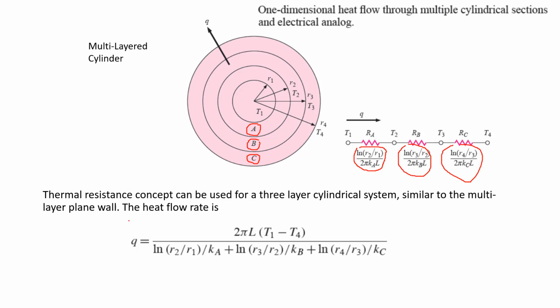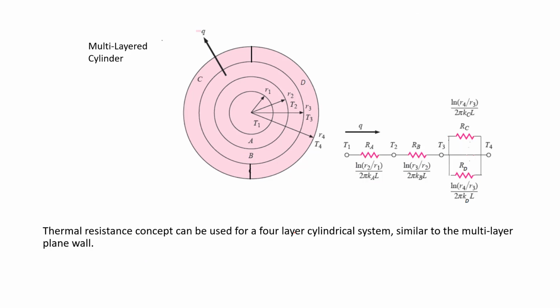Now remember that rate of heat flow equation is given by delta T overall divided by summation R thermal. Remember, in this case, we are assuming that the rate of heat flow moves along the radial direction from inside towards the outside of the cylinder. So delta T overall is inner temperature of the pipe minus the outermost temperature of the pipe, which is the temperature of the final layer of the pipe.